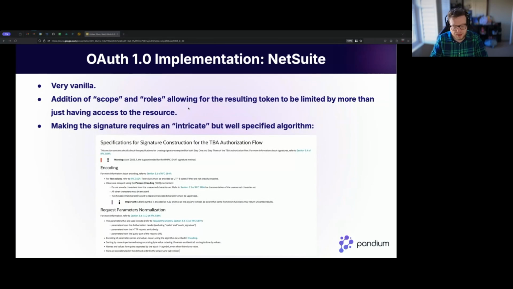And so I cut and pasted this from NetSuite's documentation. But if you went and looked at the RFC 5849, which is what OAuth 1 is, it's the same thing. So you have an encoding, you need to make sure it's URL escaped. So like adding those %20s, no spaces. And there's a few other things. The order of the way you construct a signature is really important.